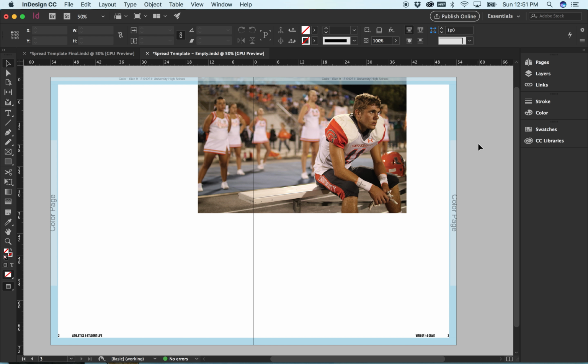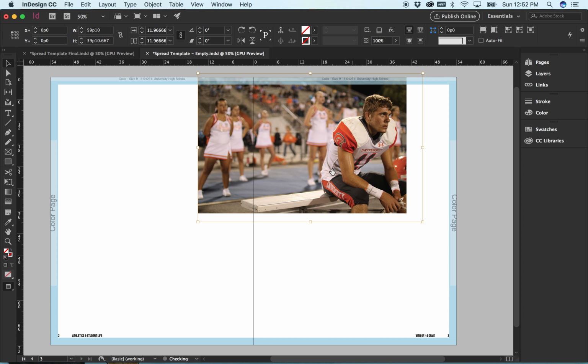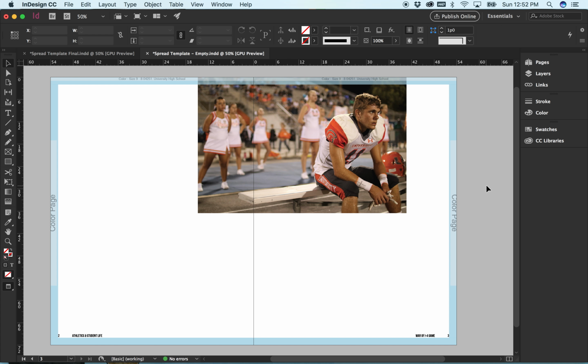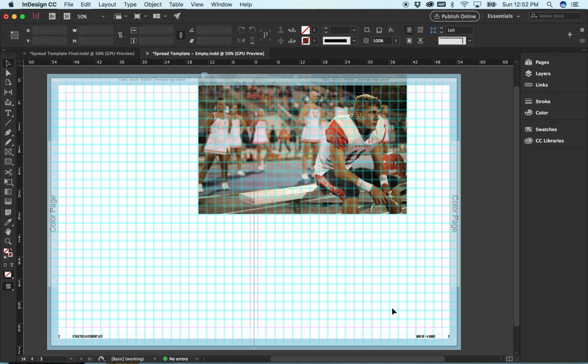All right, so I've got my dominant image laid. I might want to make it bigger. I might want to make it smaller based off of what I need. If I wanted to make it a little bit larger and move it around, I could. I'm not going to, because I don't want my cheerleader to get cut off. So I've got that in here. I can hit W again and get my grids back, and I can go ahead and start laying more image boxes. So before we get started here, I want you guys to pay attention to this thing called an eye